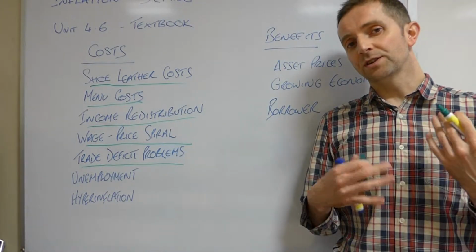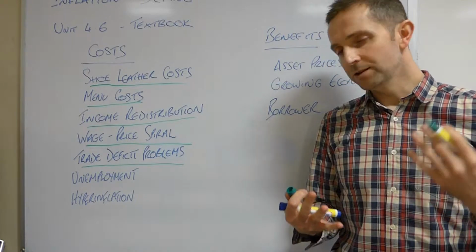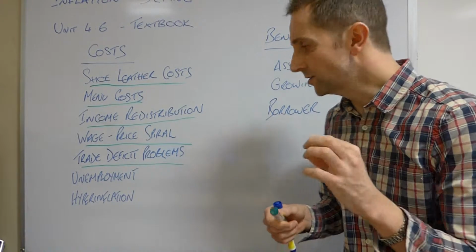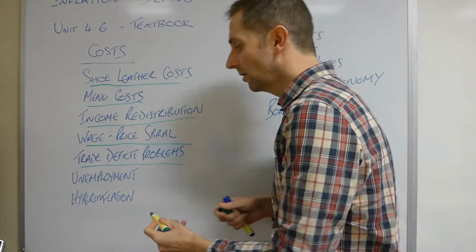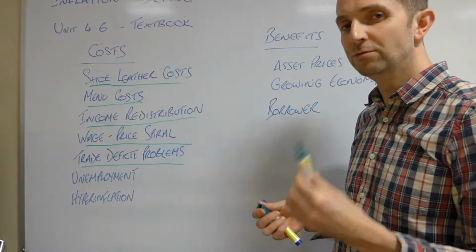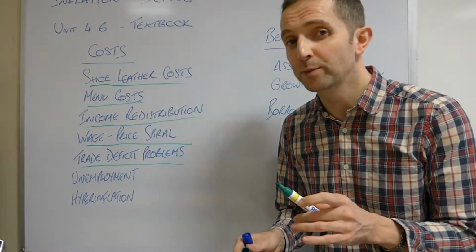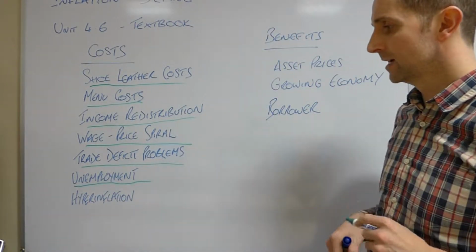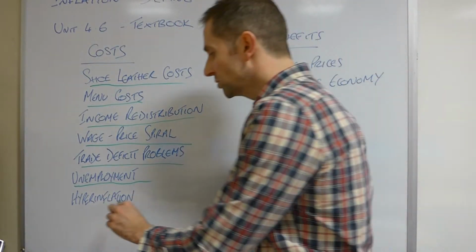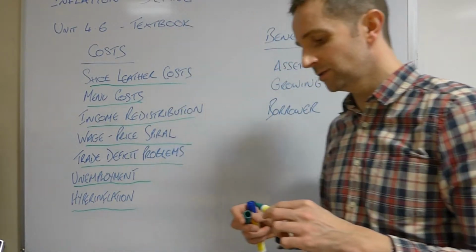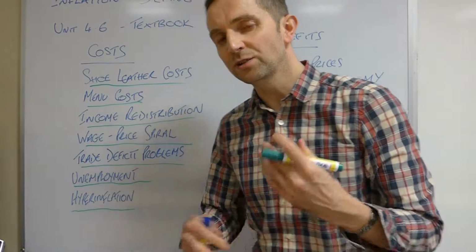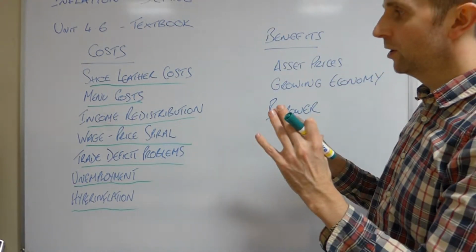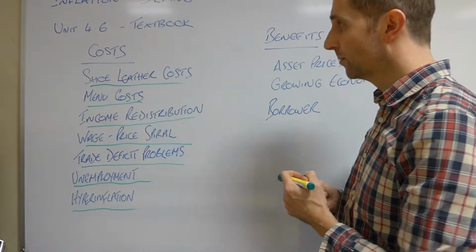Inflation obviously causes uncertainty in an economy, there's a lack of investment, and it can lead to unemployment, particularly if inflation starts to really get out of hand. You'll know there's a trade-off between inflation and unemployment from your studies of the Phillips curve. And then lastly, which some of you did mention, if things get really out of hand, such as in the 1930s, you can start to generate hyperinflation. So those are not all of the costs, but there's a good number of them.